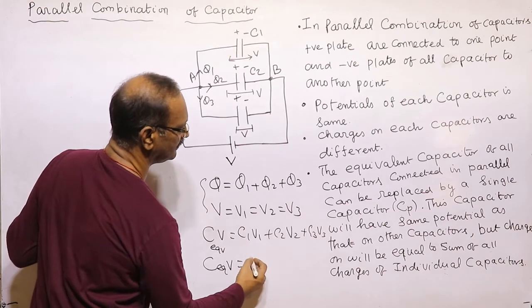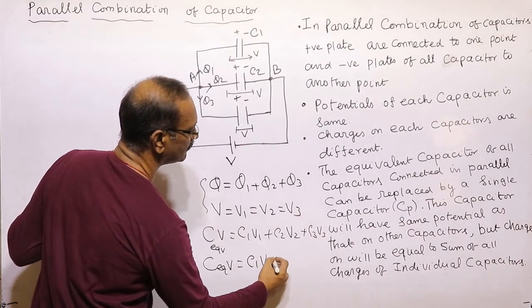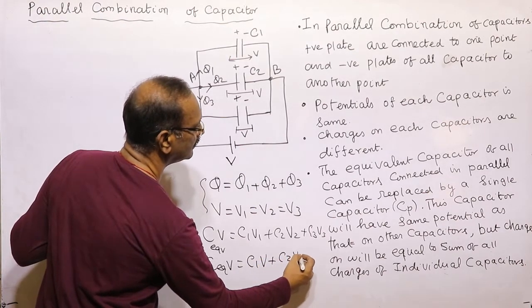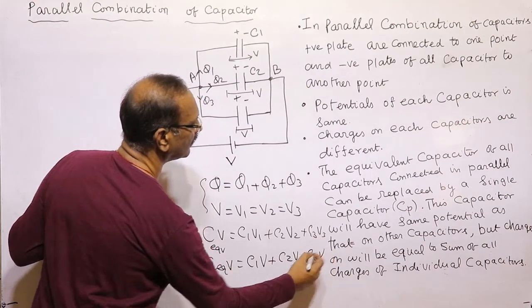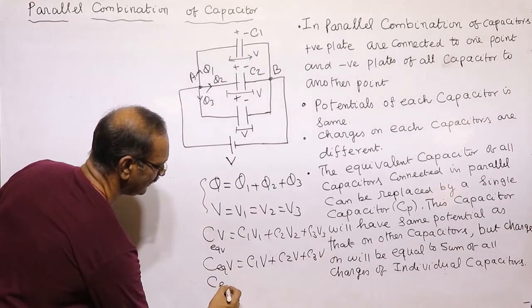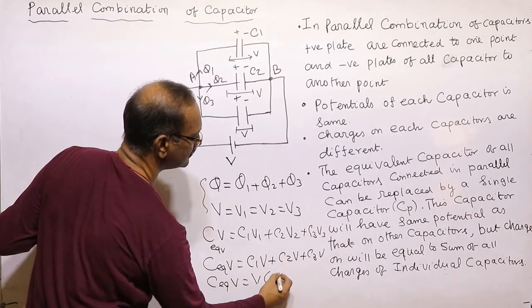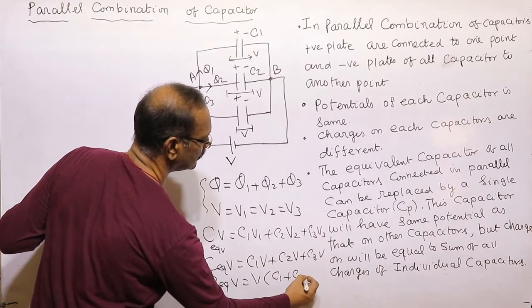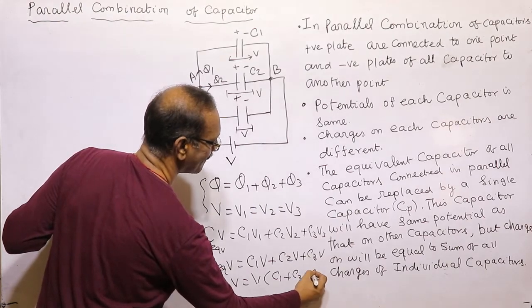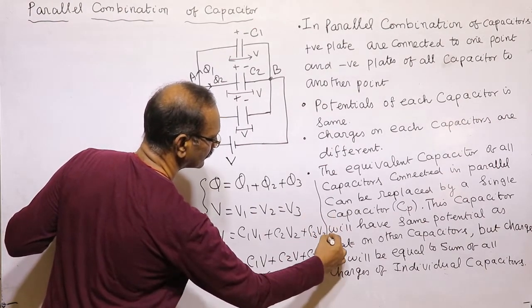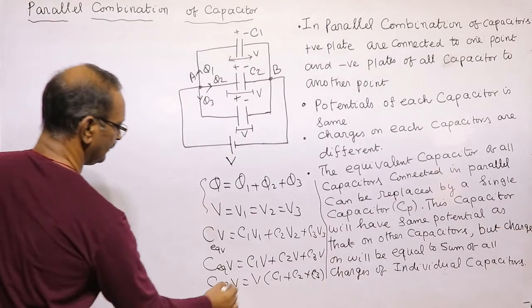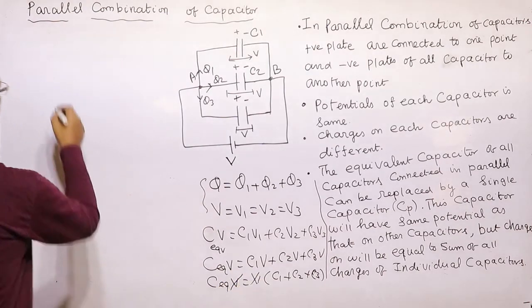So this becomes C1 V plus C2 V plus C3 V, or C equivalent into V is equal to V into C1 plus C2 plus C3, or cancelling this potential V,